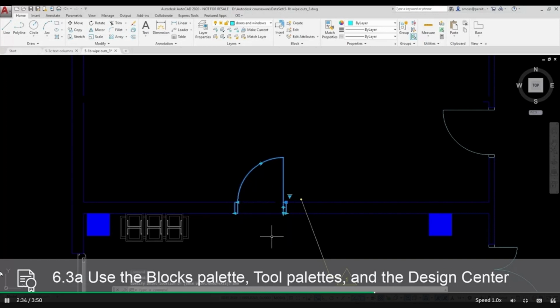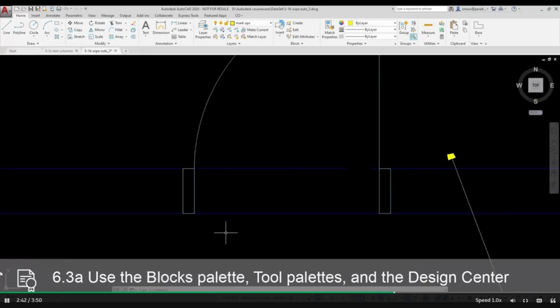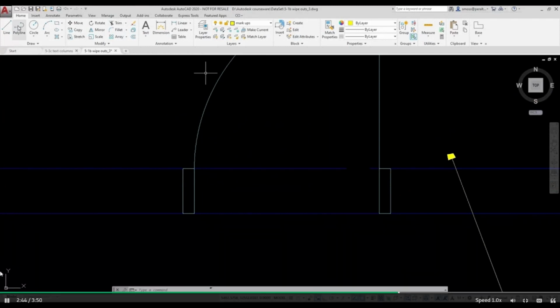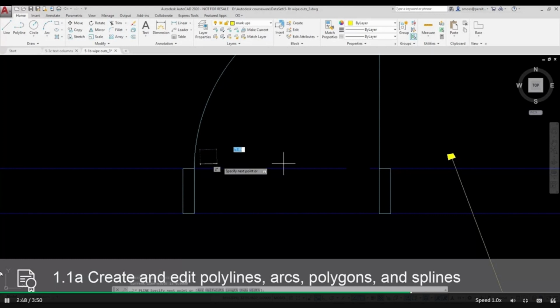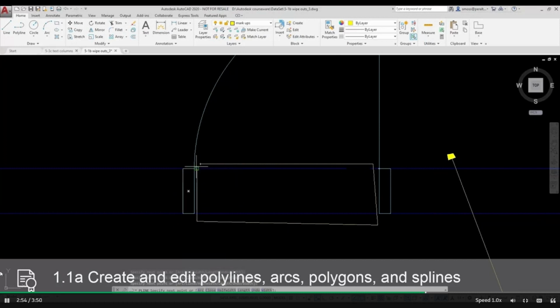Next, I'm going to use the Wipeout tool to hide the wall lines inside the door threshold using a polyline. I select the Polyline tool from the Draw panel on the Home tab. I select the inside points of the door to draw the polyline. If I need to, I can use a multifunctional grip to add a vertex to the polyline and adjust the